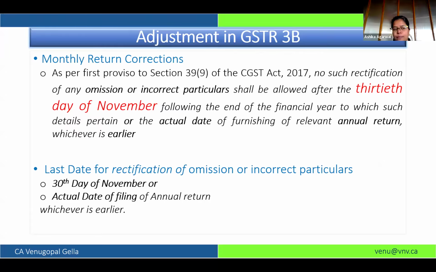Now we understood about GSTR-1. If you see GSTR-1, we have very detailed reporting. Invoice-wise reporting is made of all the supplies we made, like B2B supply, which is reported invoice by invoice. All supplies made to registered persons are reported at a transaction level. Apart from that, all other supplies like B2C and export are reported at a summary level.